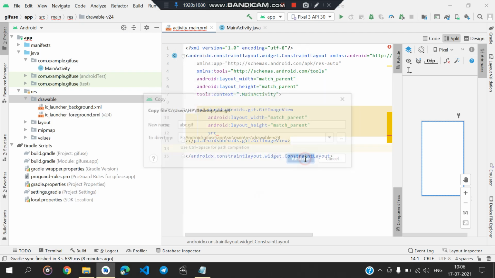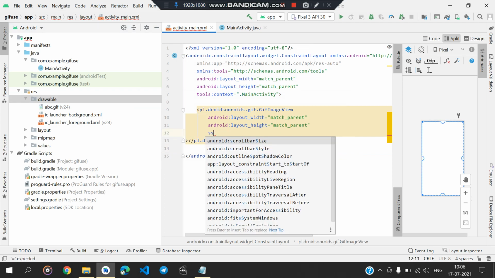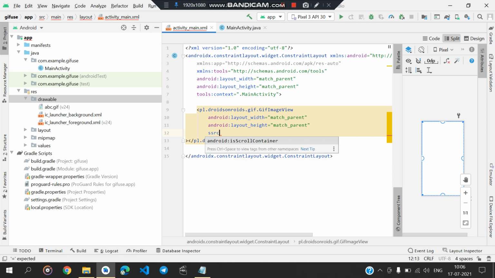Okay, and now I'm going to use it. Inside drawable and ABC. So as you can see, here is my GIF, and